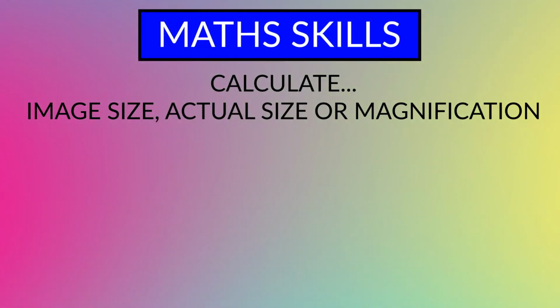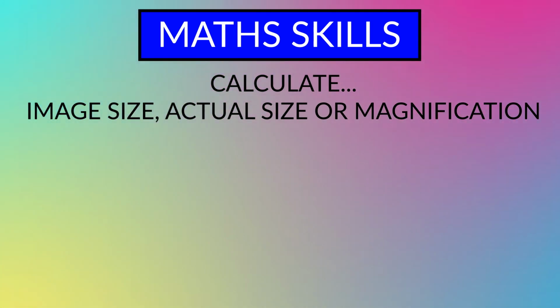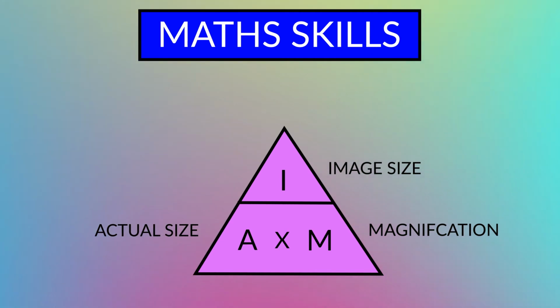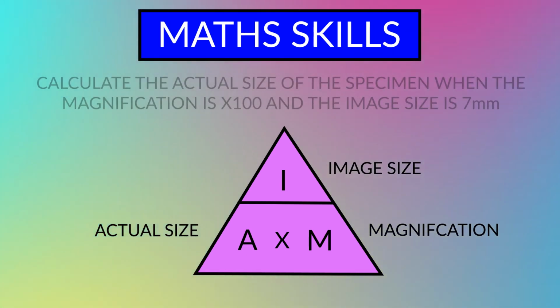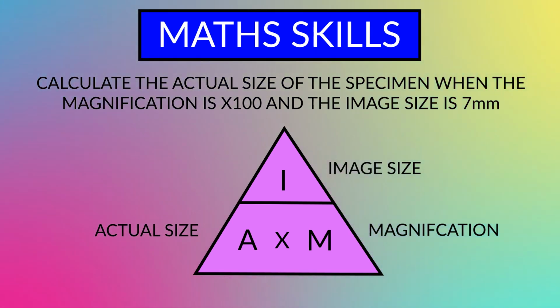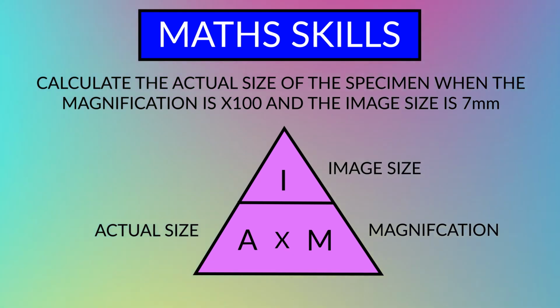To calculate the image size, actual size or magnification, you need to use the following equation. I remember it by calling it the I am equation. Firstly, identify what the question wants you to calculate. For example, calculate the actual size of the specimen when the magnification is times 100 and the image size is 7 mm. In this question, it tells us to calculate the actual size, so we know to divide image size